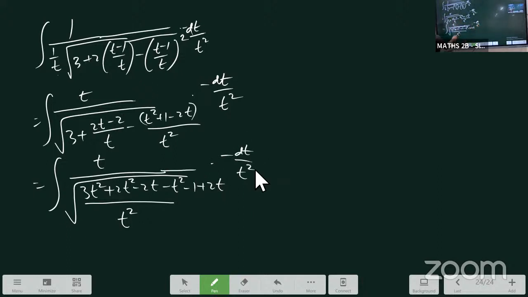Now this t square comes outside the root. It comes to numerator. That is nothing but integration. This t square comes outside the root, it becomes t. That t comes to numerator. That is t square by under root of,